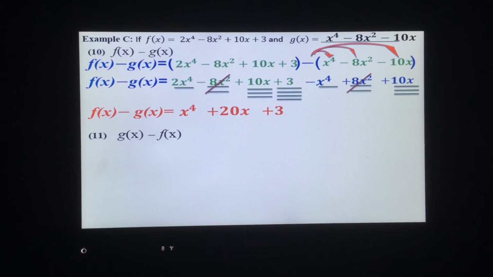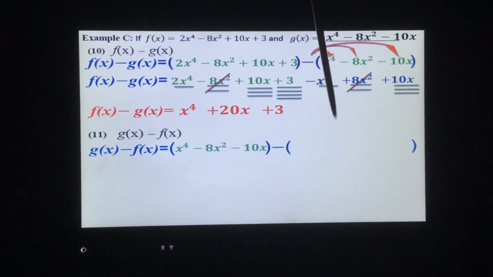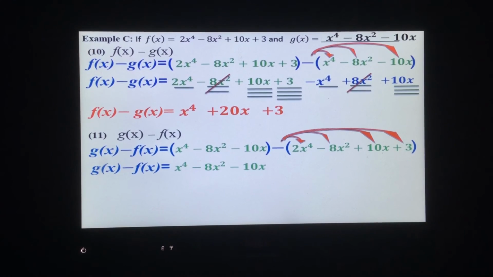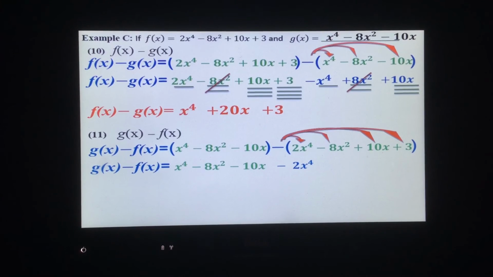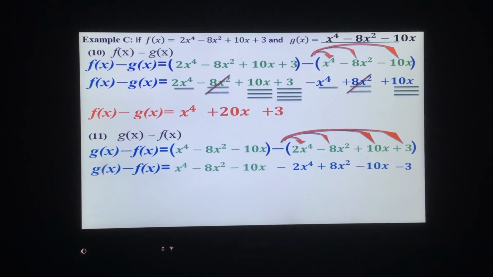All right, guys, I hope you got that correct. Let's take a look at what this looks like. So this time we're going to put the trinomial first because g of x comes first. So the trinomial is g of x. We're going to put that first, and we're going to subtract the polynomial f of x. All right, we're going to have to distribute again. So that negative is going to distribute onto the 2, onto the negative 8, onto the positive 10, and onto the positive 3, changing all of their signs. So it winds up being a negative 2x to the fourth, a positive 8x squared, a negative 10x, and a negative 3. So let's go ahead and